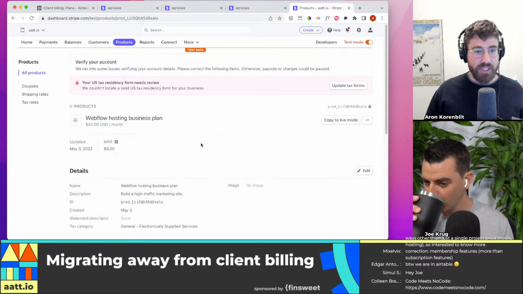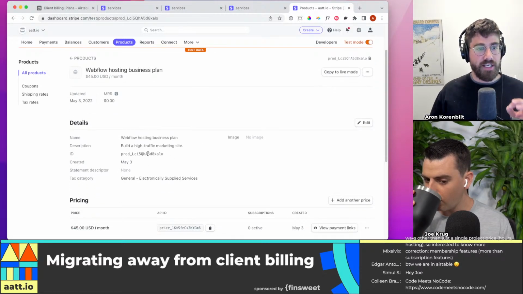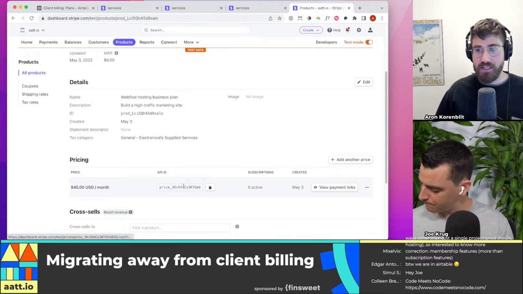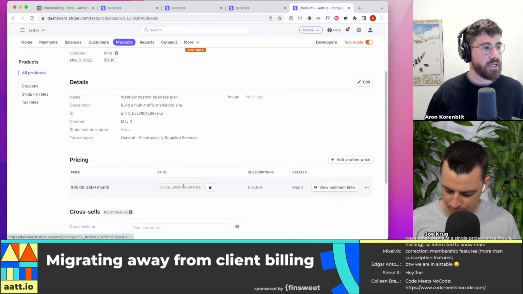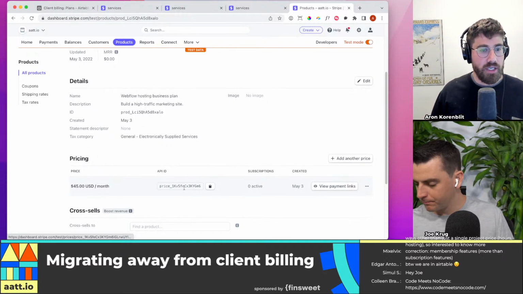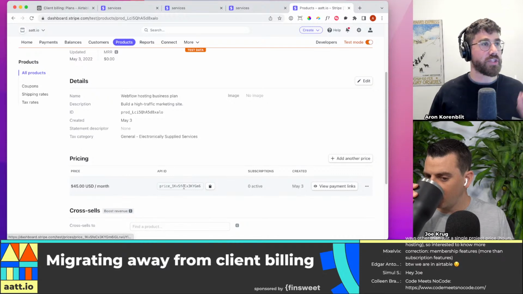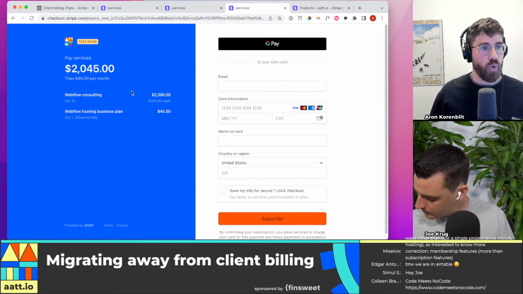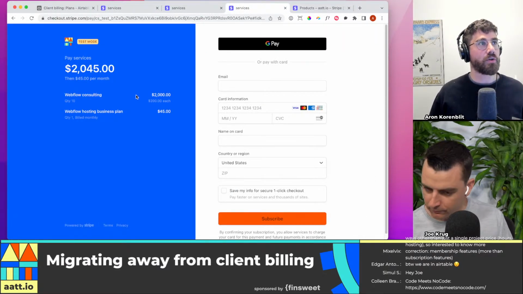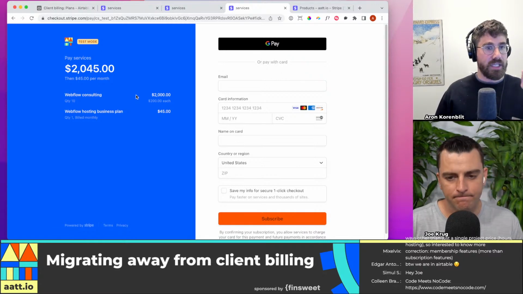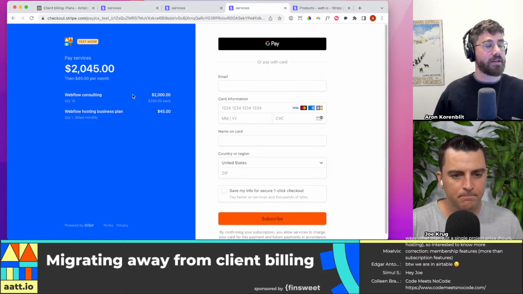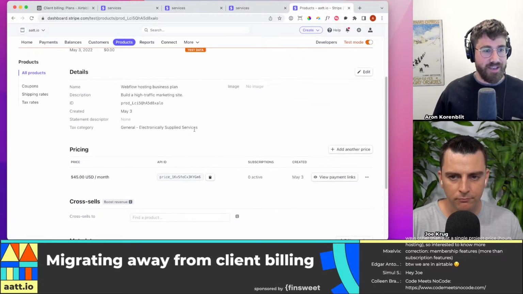Every one of these plans has a product ID and a price ID. When you're creating a payment link, you need to pass along a price ID so that Stripe understands what to put here. So there are actually two things that go into a payment link. It is the line items, and each line item has a product and a quantity. Sorry, it has a price and a quantity.